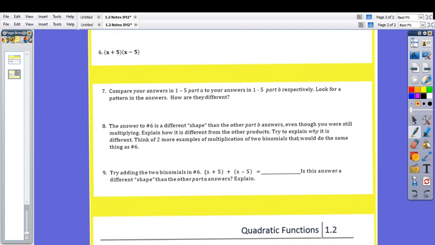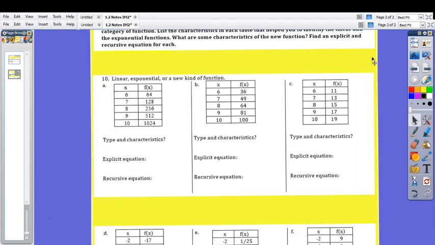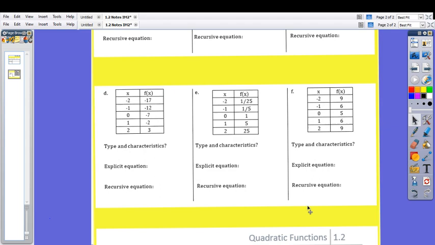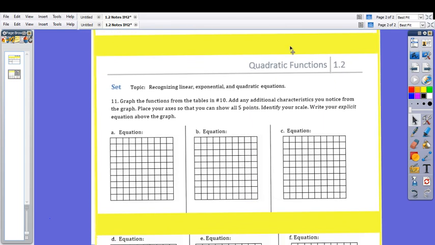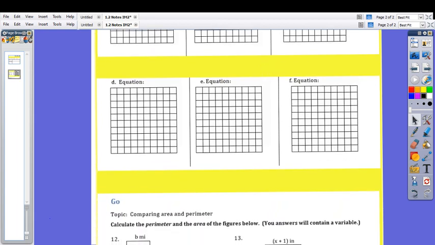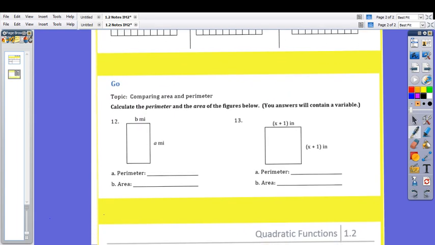So let's do problems 2 to 9, and now let's move on. We will come back to problem number 10, and we will come back to problem number 11. So let's move on to number 12 for now,